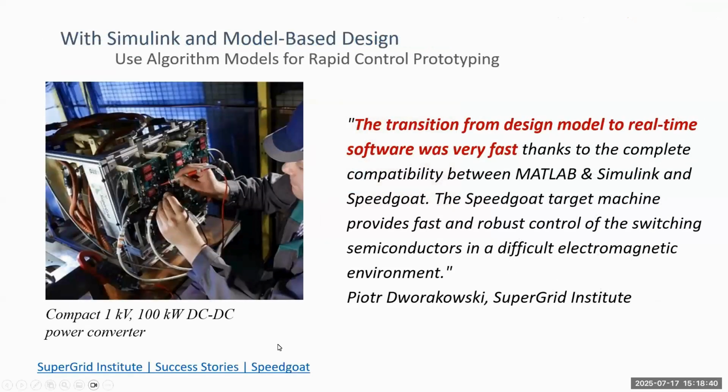So we have several applications that we have used with our customers that involve modeling and code generating capabilities. For example, we were able to help one of the customers who are doing modeling and code generation, and they're using hardware in the loop testing with Speedgoat hardware for rapid control prototyping. This allows their engineers to explore and test control strategies without even having extensive code that they have to write.